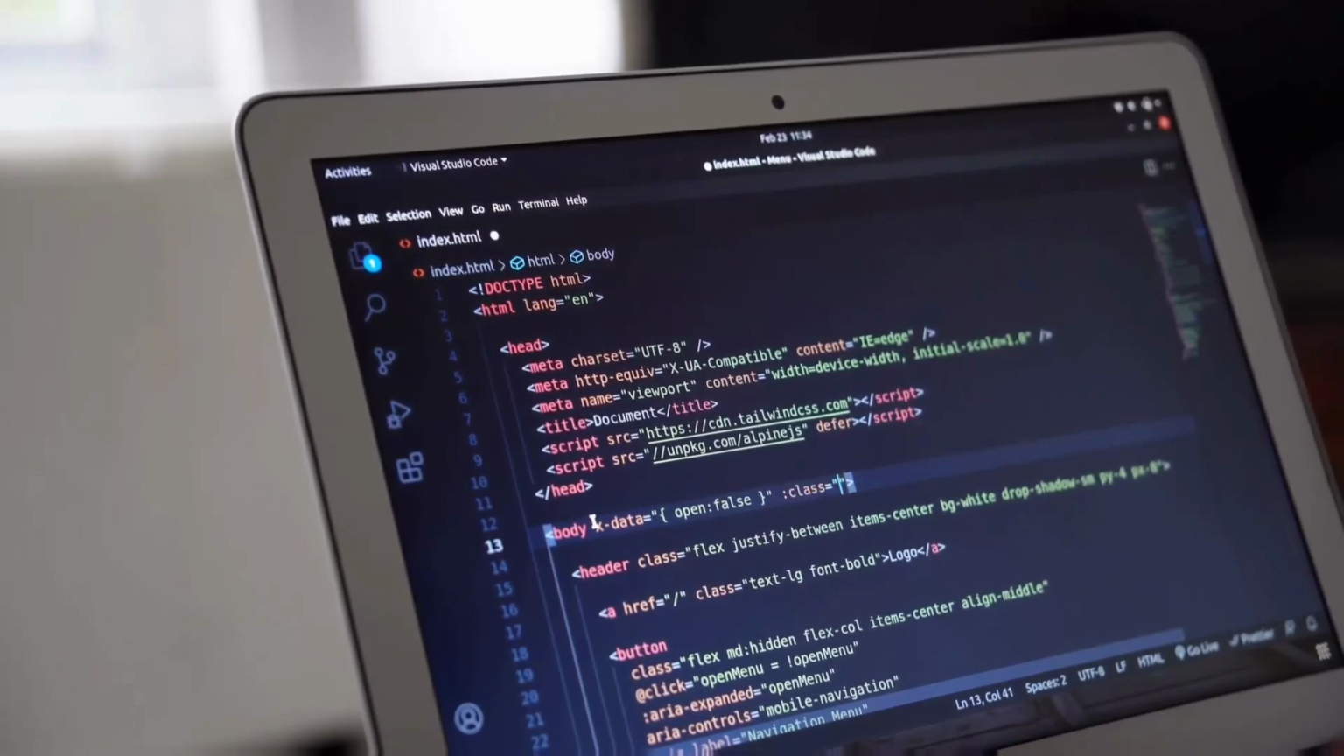If you're new to React or TypeScript, don't worry. We'll break down the concepts in a way that's easy to understand. And if you're already familiar with these technologies, this video will still provide valuable insights into troubleshooting and resolving the